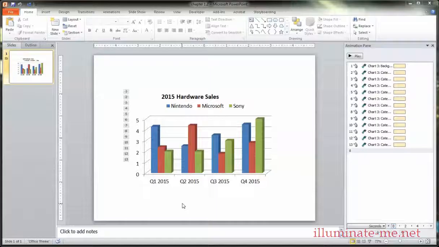Chart animation. Charts can be animated to grab your viewer's attention when discussing important statistics. You can add animations to your charts based off the chart's items, such as category or series. To animate a chart, insert your chart into your slide and edit your chart as necessary. Once you're done, select it